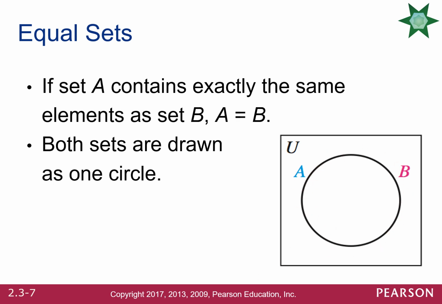So it's like doing this. Let me just draw here. Let's say this is set A. All right, let's say this is set A, and we want to also represent set B, which are equal to each other. Then if the red one is A, then B would be a circle drawn over the red circle over A. So essentially it looks like one circle, but actually it represents two overlapping circles, completely overlapping circles. Okay,